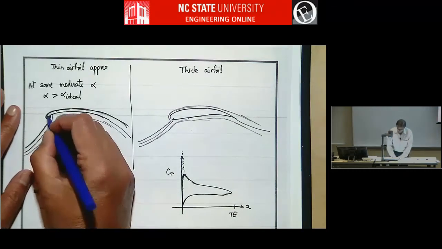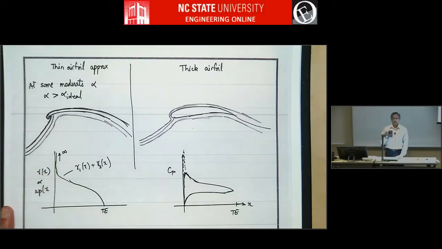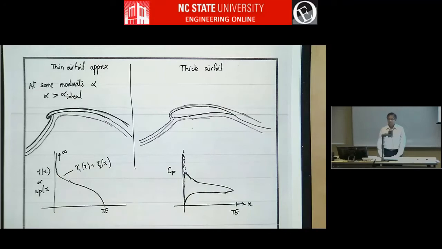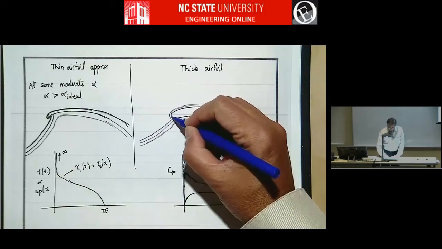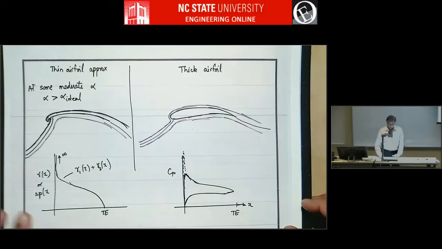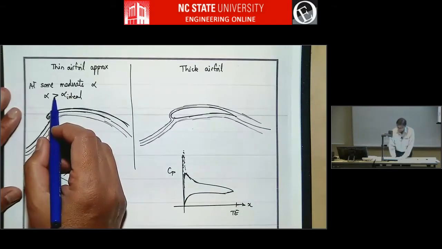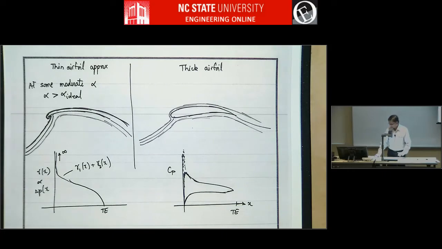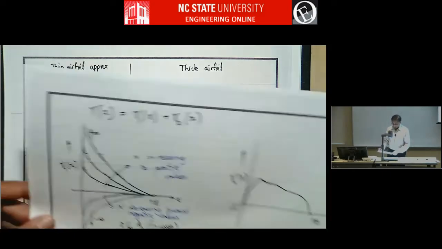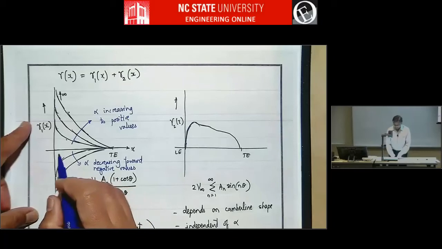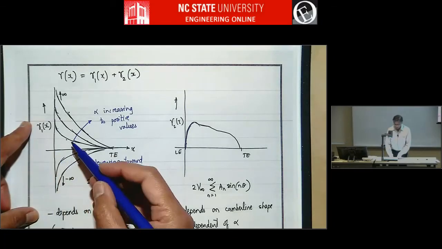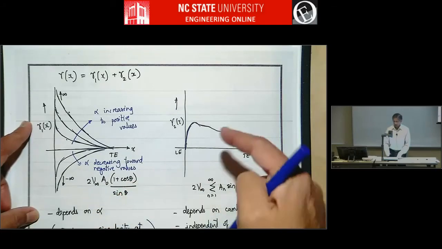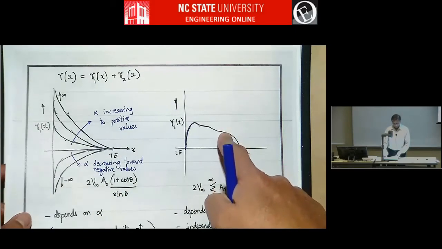But especially at the leading edge, the approximation sort of falls apart, because a real airfoil is something like this, a thick airfoil with a rounded leading edge. So in the thin airfoil, when alpha is greater than alpha ideal, okay, we haven't talked about what alpha ideal is. Alpha ideal is the angle of attack when this contribution goes to 0, and then you'll have only the camber contribution. So